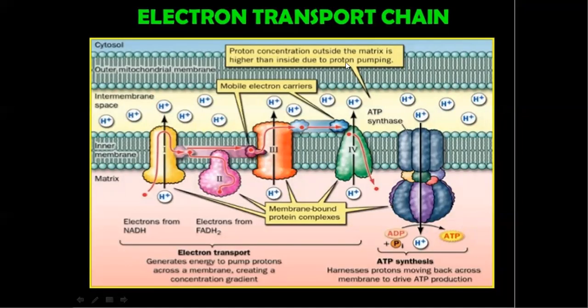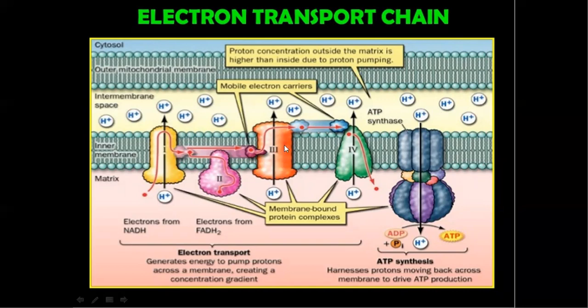And the next topic is the electron transport chain. This is a very important topic. To know the energy release from the cells, this system explains how the energy is released from the mitochondria. The electron transport chain occurs in mitochondria, especially in the inner mitochondrial membrane. This is the mitochondrial outer membrane, this is the inner membrane, and in between, the intermembrane space is present.